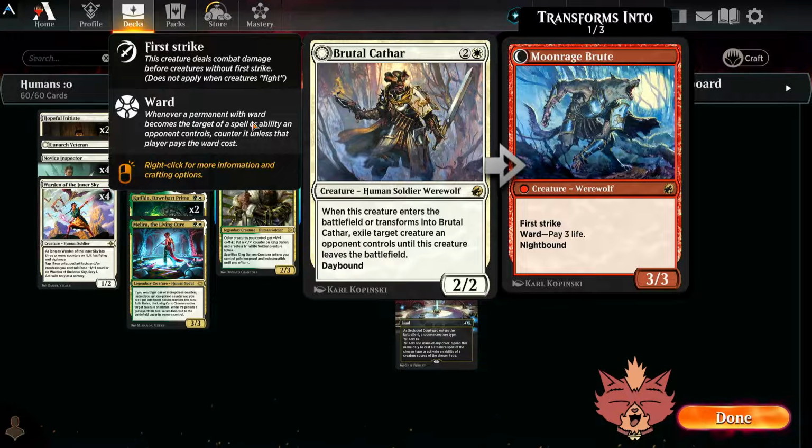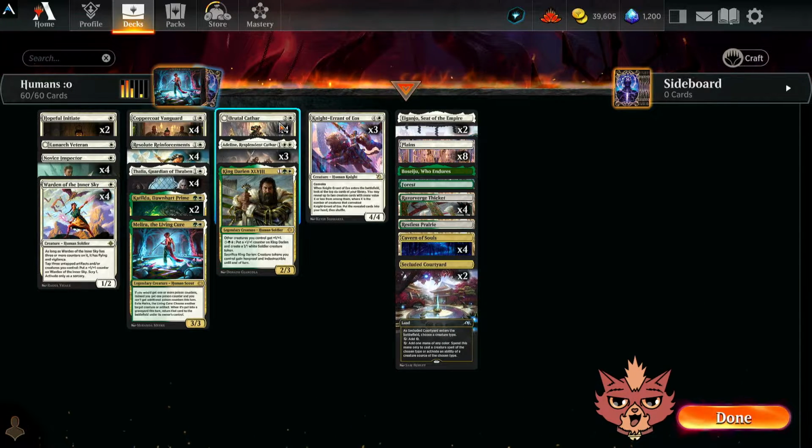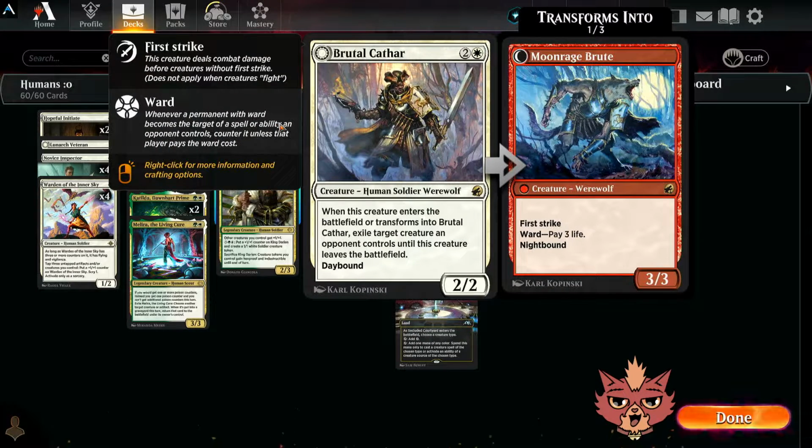Every now and then, too, it's going to flip to that nighttime Moonrage Brute. Probably the most common places to see the Cathar flip is in weird mirror matches where they're playing their Cathars too, so maybe they already got the day and night bound cycle going, right? But then the Moonrage Brute, the first strike and the pay 3 life, everything about Cathar is just so good. So what I'm getting to here is even though we didn't see it much today and it didn't actually come down to Cathar winning us many of those games, it's still probably worth the 4 of,